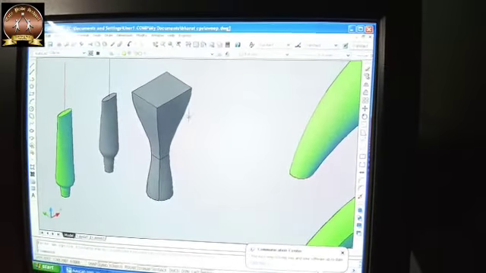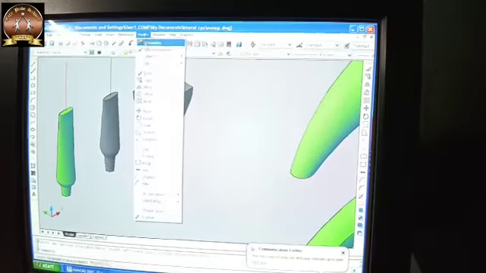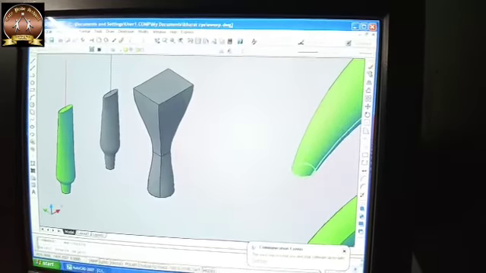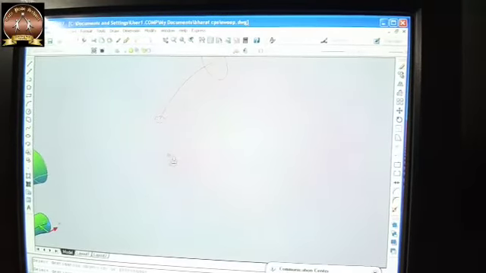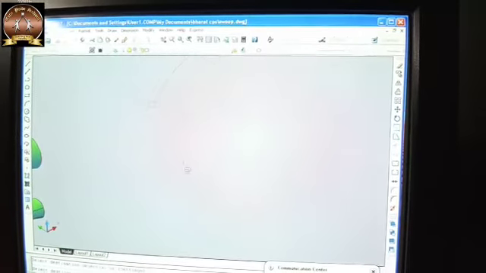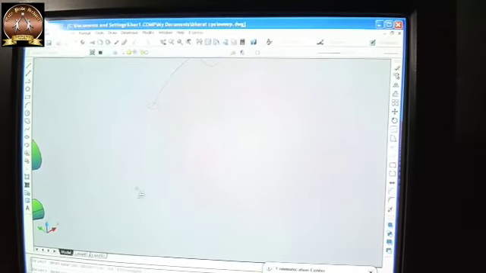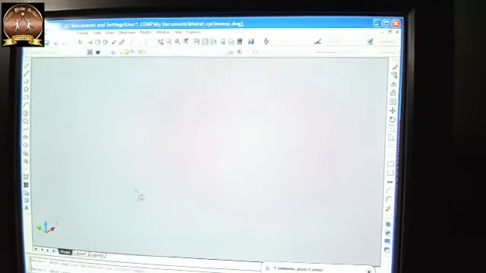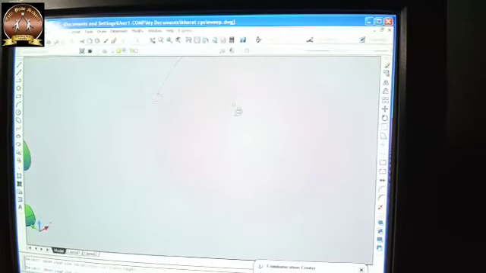Now to color this, we know that we have to use match property. Modify, match property, select the green color from this job. Now for this type of shape, I have drawn an arc, and at the end of this arc I made a rectangle, and at the other end I made a circle.